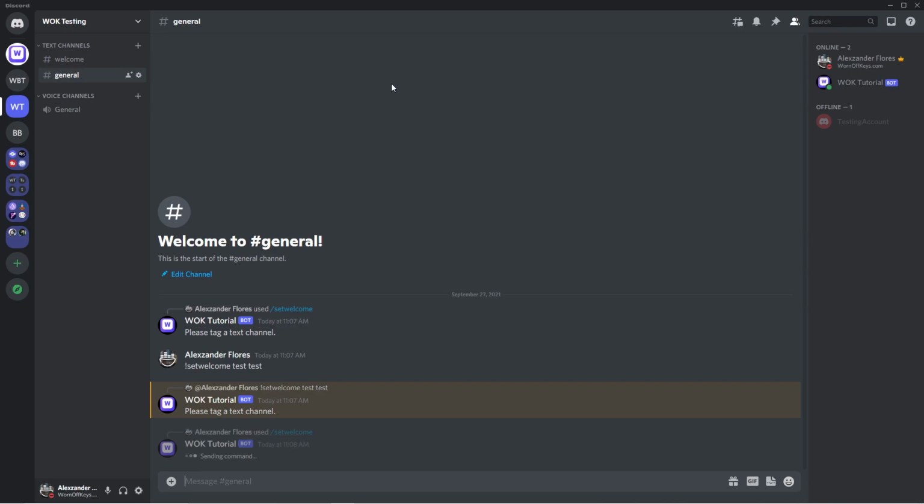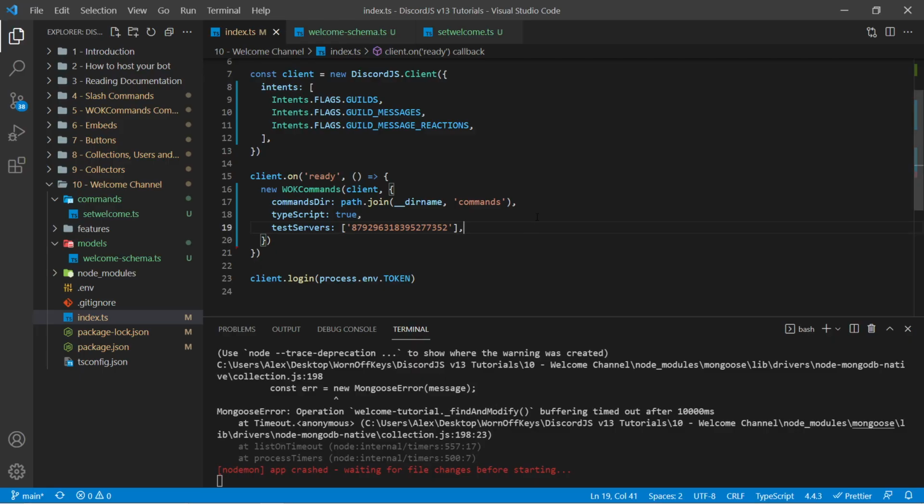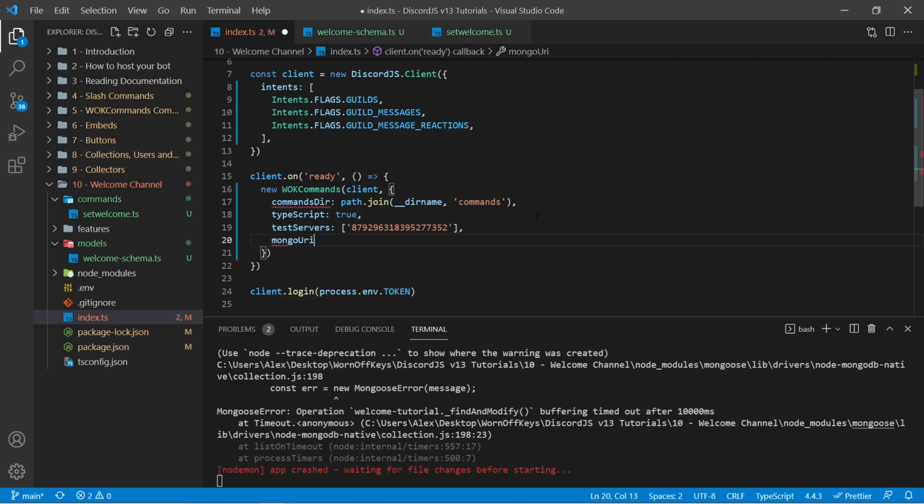So then I can run this command, and we actually get an error because I forgot to mention that we do not have a MongoDB connection set up within WarnOffKeys commands. Now, if you've already manually created your own MongoDB connection within your bot, then that probably worked for you. But if you're using WarnOffKeys commands, we can specify our Mongo URI here, which I have stored in my .env